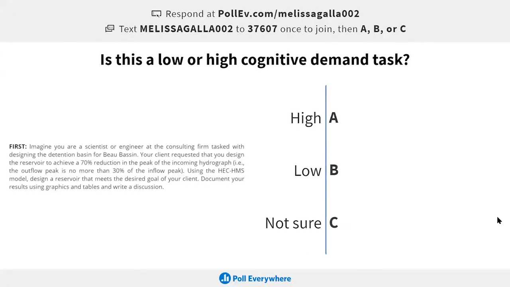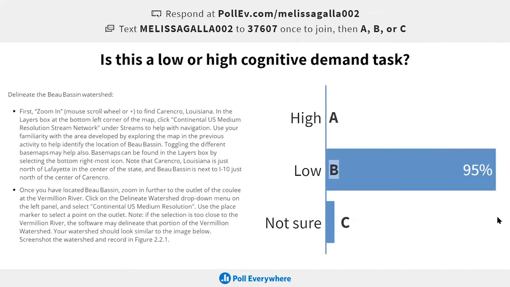So I don't know if you had this in your discussion notes, but it would be interesting to quickly say, what would it take to turn this activity into high cognitive? I'm racking my brain here. The only thing I can think of on a simple watershed delineation would be to ask them to explore the result and explain why it may or may not be accurate.